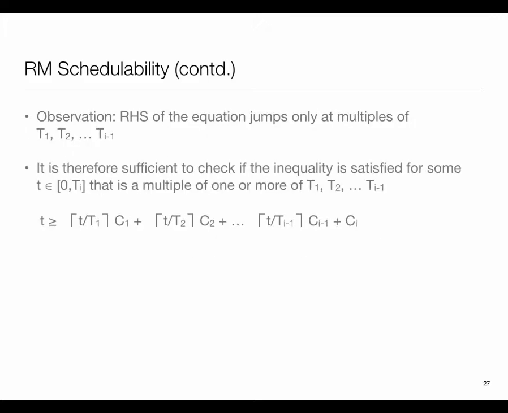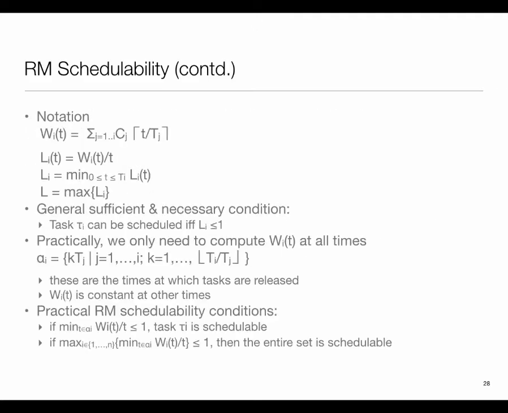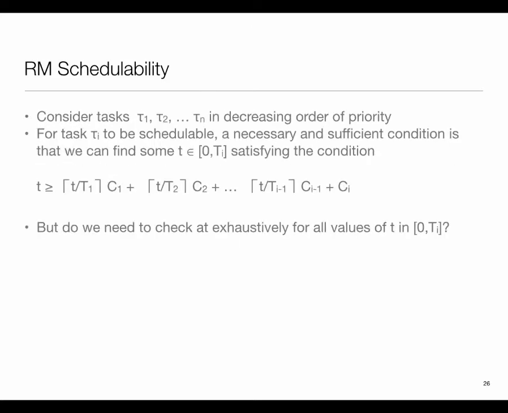And the way it works is the following. Okay, same situation. I have n tasks, and they have been given some priority, and I can sort them without any loss of generality. I can sort them in decreasing order of priority. So task 1 is highest priority, task 2 is the next one, and task n is the lowest priority.